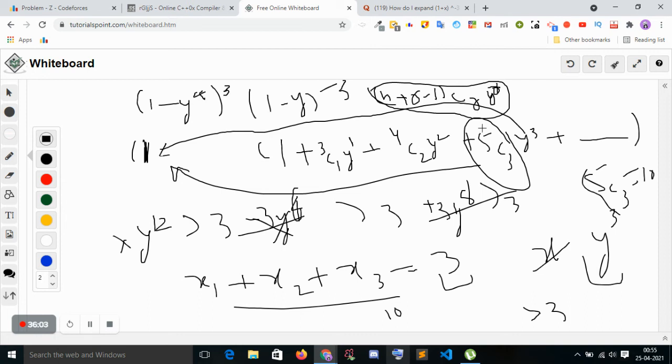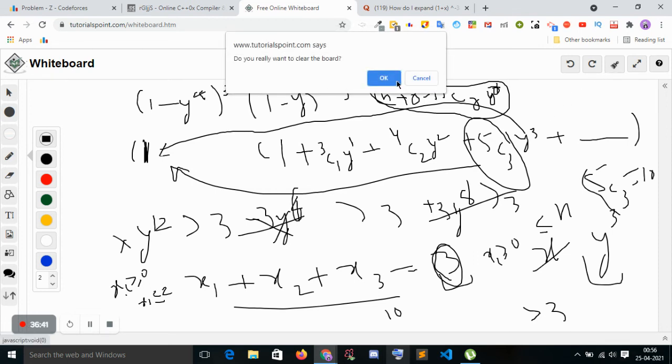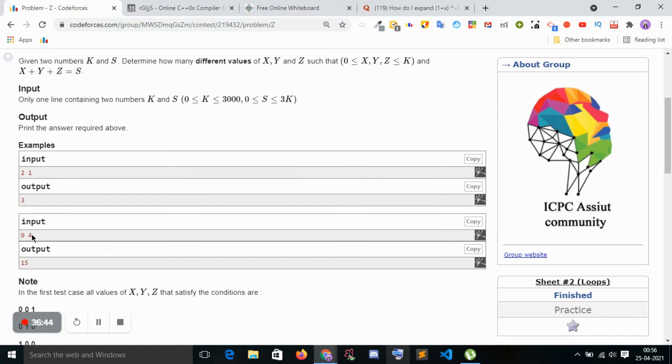But the problem is that in this formula our xi is greater than or equal to 0 and less than or equal to n. Whatever the n is, I will discuss it in the last limit. But if the problem mentions that you have to take care that xi is greater than 0 and xi is less than or equal to 2, you can't use 3 here. If this is mentioned in the question, how do I solve it? We can prove it. This is a similar problem that they actually mention.